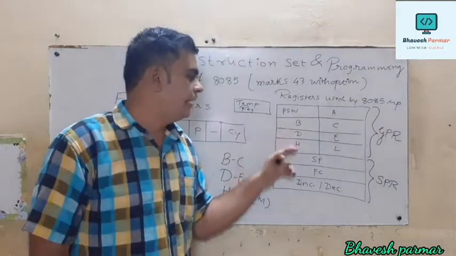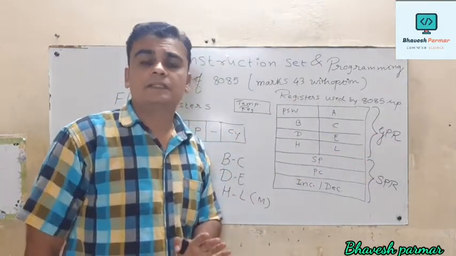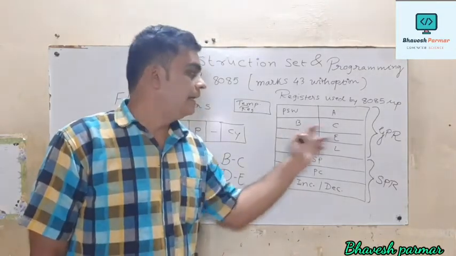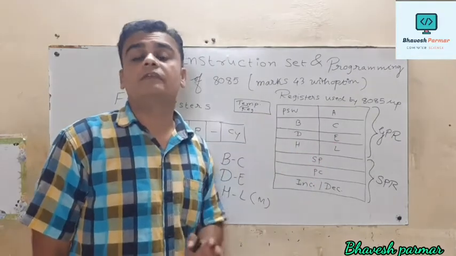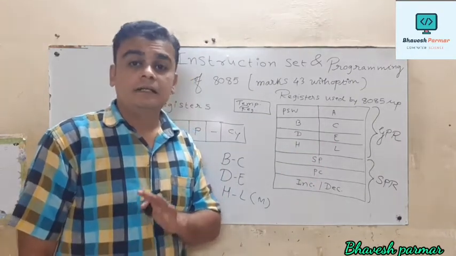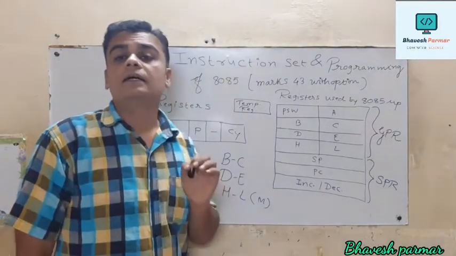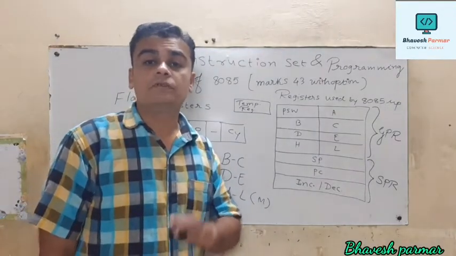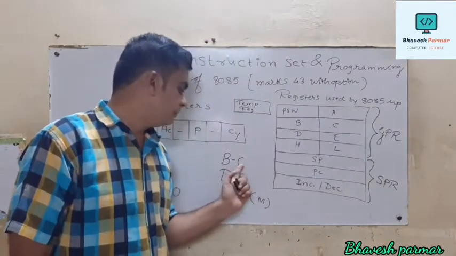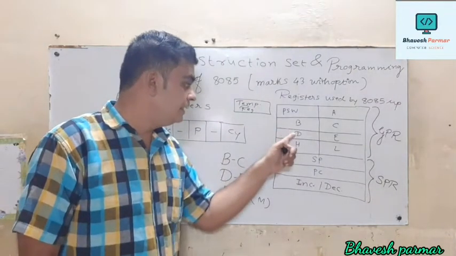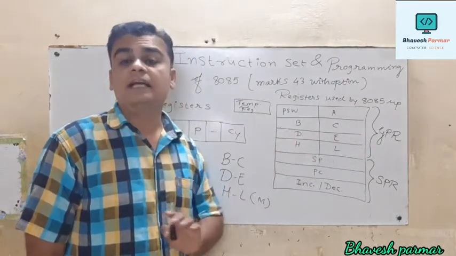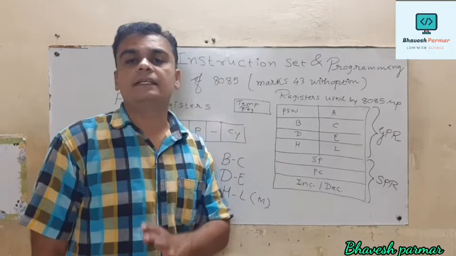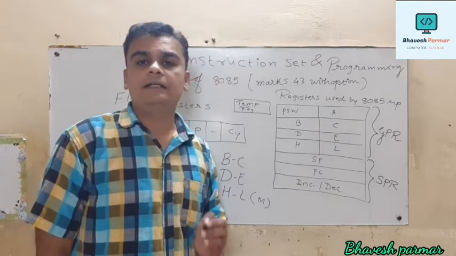Got it guys? So we have 9 different general purpose registers, and these registers help you to store either 8-bit data by individually using these registers, or a 16-bit address by using these 3 register pairs. These 3 register pairs are already provided by the microprocessor. We can't change them. Is that clear? For example, we can't use CB, or BD, or DH, EL. So we can't use them in that fashion. They are already provided, so we just need to use all these 3 register pairs according to our requirement in the program.